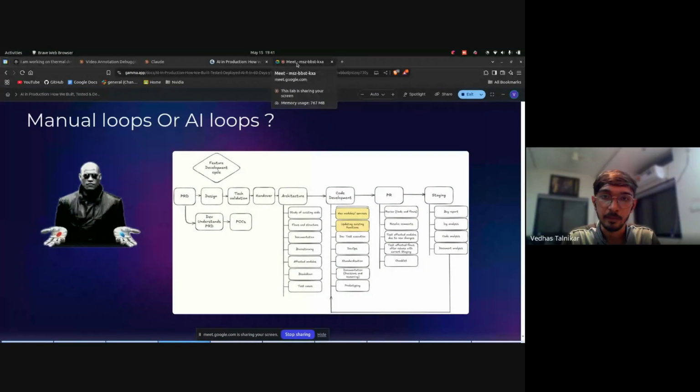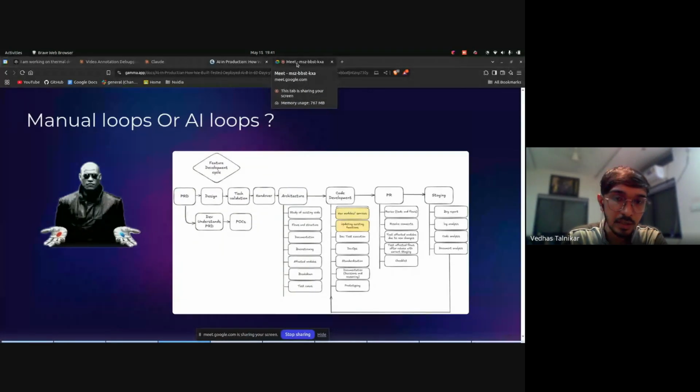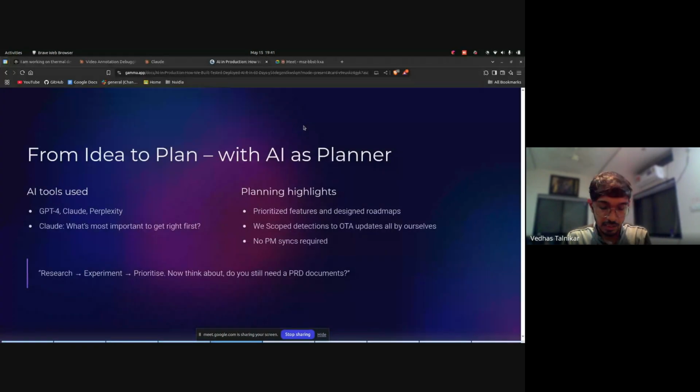Okay, all right. Yeah. So continuing with this, the flow of this whole presentation would be going from PRD to how we did the deployment and testing, all of that. So we'll go one by one. Let's start with the first: what if a developer could ideate? What if a developer could try,